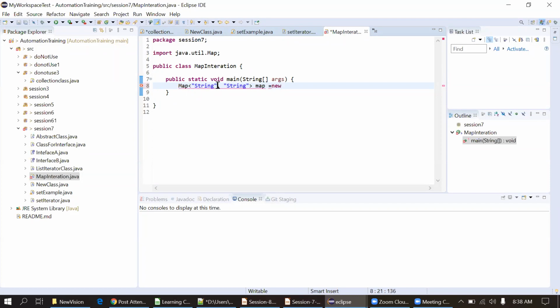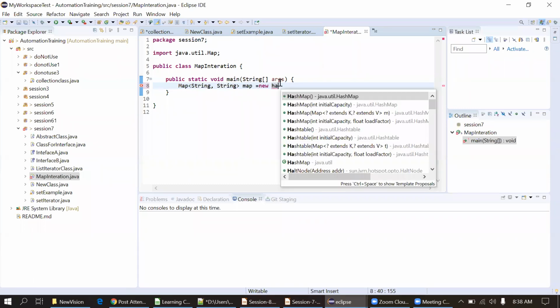Sorry, just going in the wrong way actually. Yeah, HashMap.